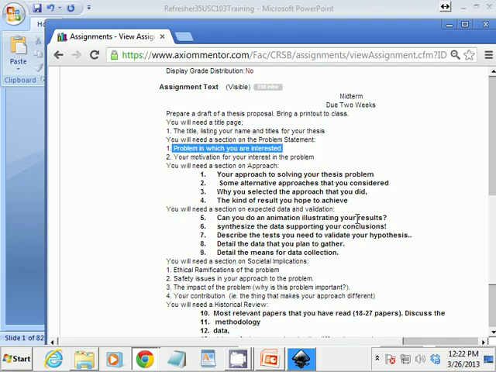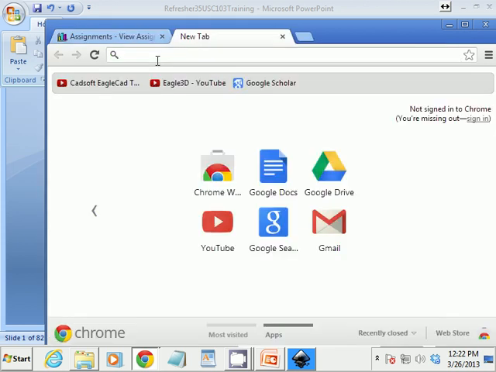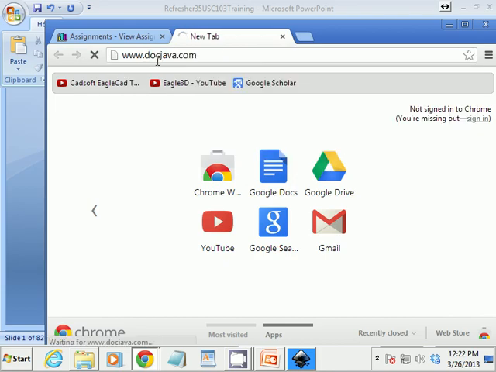So that's a, I don't know, how can I say it? As detailed a description as I can give you, but I can also do better. I can do better because I can give you examples. And you've probably seen some of the examples on the web. If you go to docjava.com,